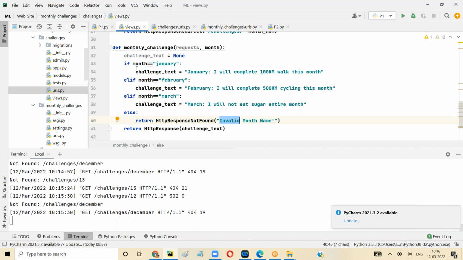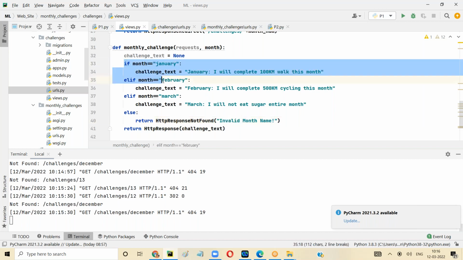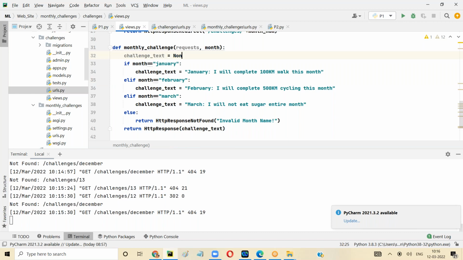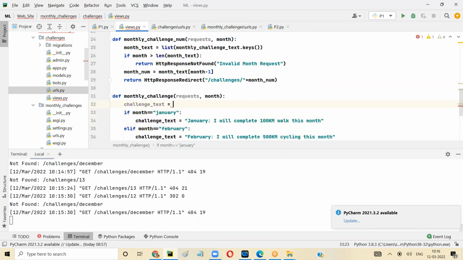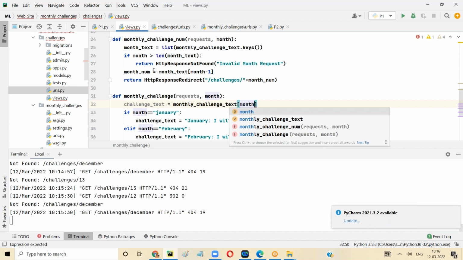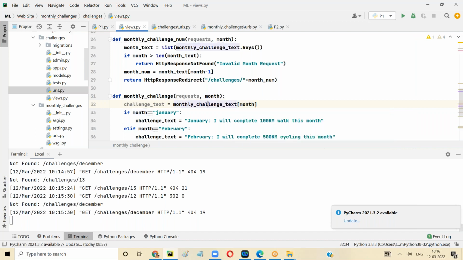Okay. So here, see the monthly challenge text is going to be what? It's a simple dictionary, isn't it? So we call the dictionary. Now here we have to pass the key. Key is what? The month itself, right? So in dictionary, if you say dictionary name of key, it will give you the value. So this value will come here,